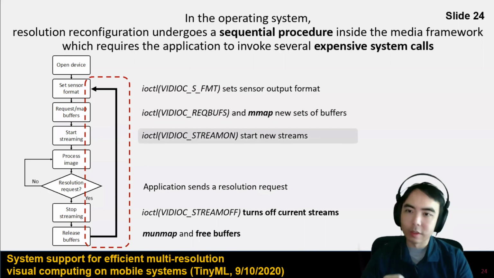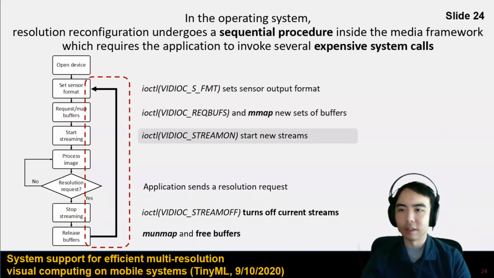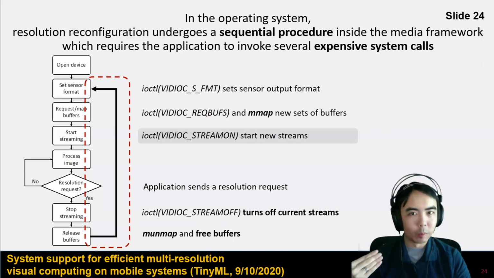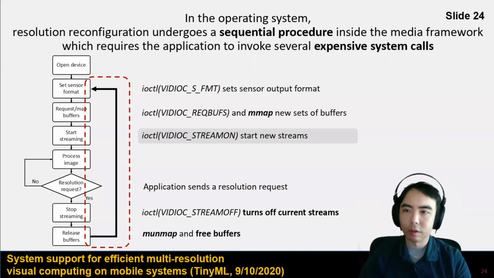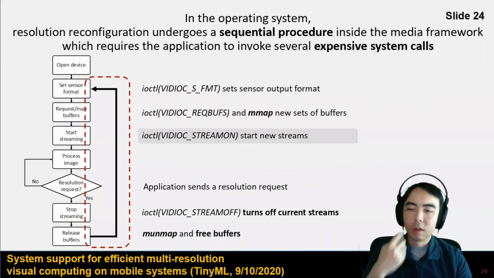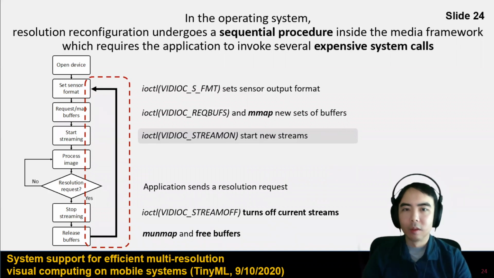And then it's going to start up the new streams, and then your application gets the images and everything can run again smoothly. But this is the problem here, is that every time that you want to reconfigure, going from low to high or high to low, you're going to have to go through that big black loop that you're seeing up there, circled in red, and go through each of those different steps. Unmapping the buffers, memory mapping new buffers, and then you can start up your new stream. That's what's happening during that black period.